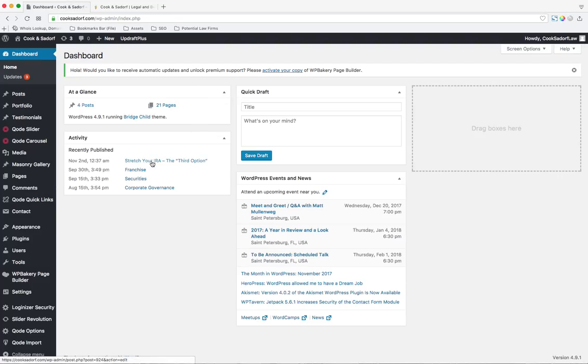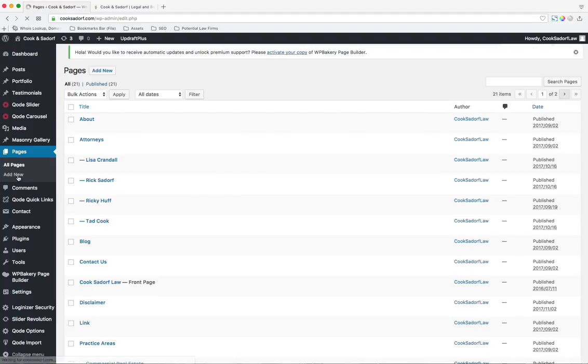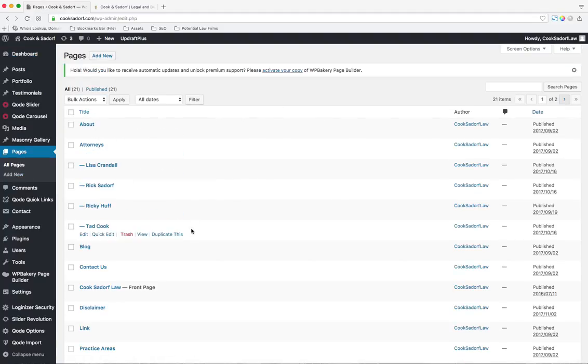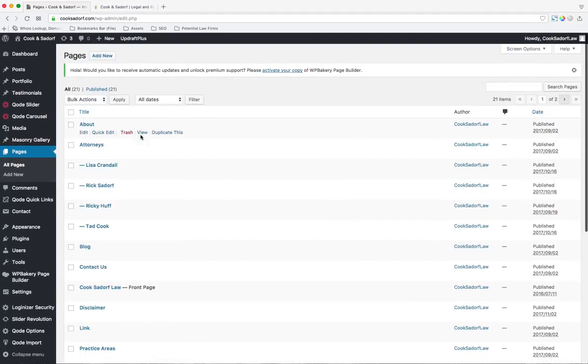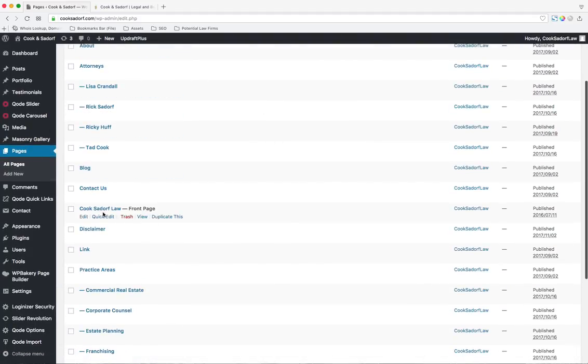I'm going to assume that you're logged in, and what we want to find is pages. And just go ahead and open that. And then you'll see in alphabetical order a list of all the pages that are on your site. Okay, so for the home page, you'll see right here it says front page. We call it Cook-Sildorf Law because it's just good for SEO. We're not going to call it home page. So you'll see that by front page, and then we can edit this a couple different ways. The best way is just to click the actual link, and then what you're going to see is the page